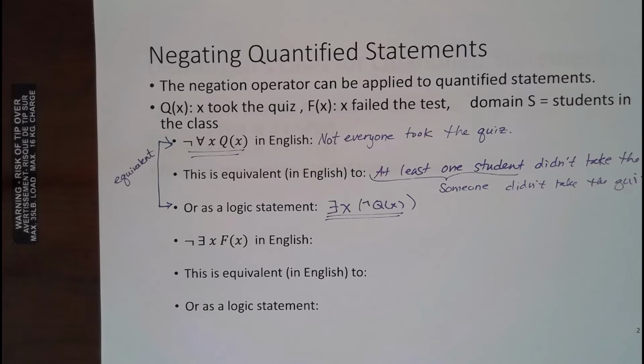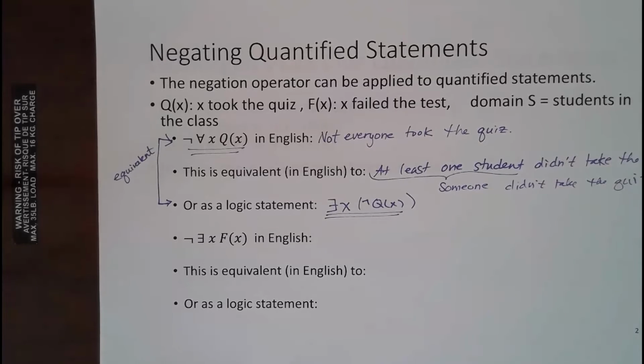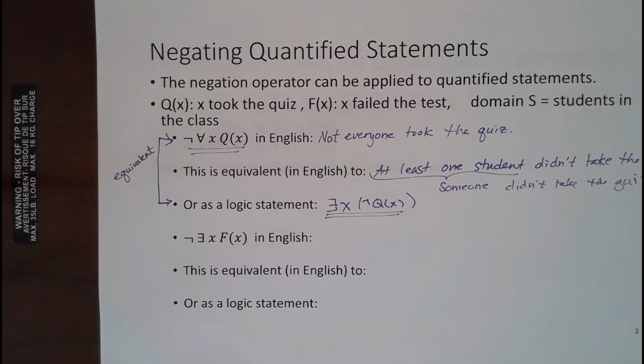You have an idea, Victor? I don't know. I was going to say, is it nobody? Austin, what's your idea? So, say that again? Okay, so is this saying nobody? Yeah, when we reword it, let's just take this one and try to take this exactly into English. How would I write this in English? Then we'll do the equivalent, because I think you're onto that. Yes, you're right. But let's do this one first.